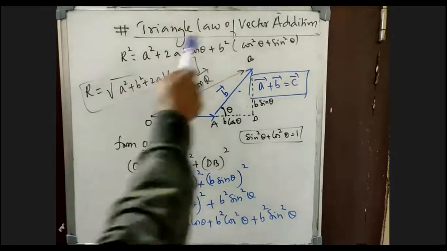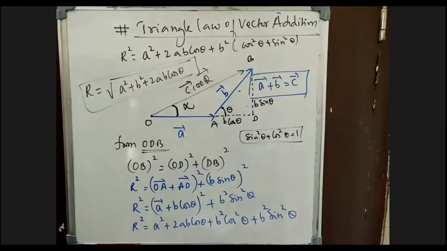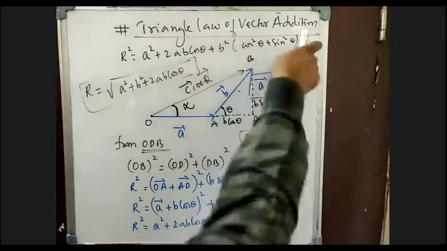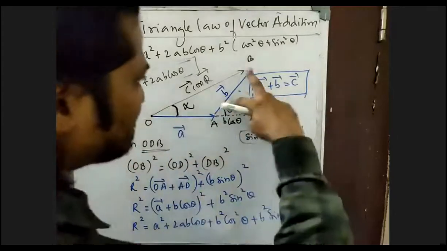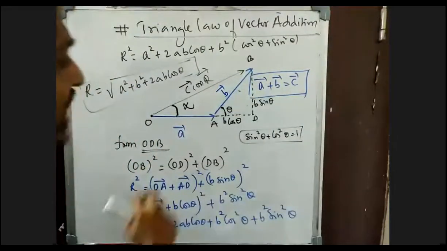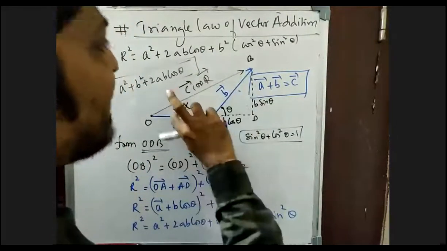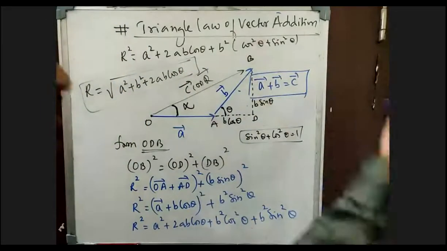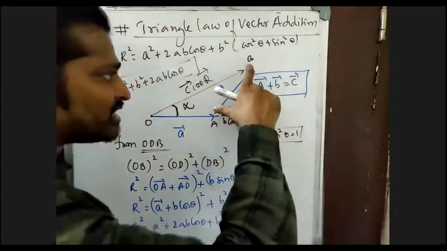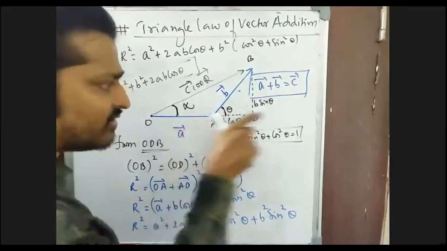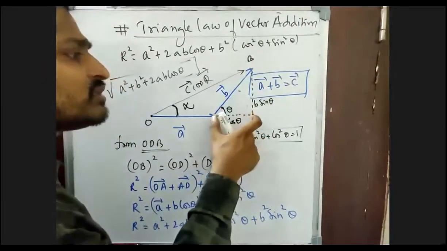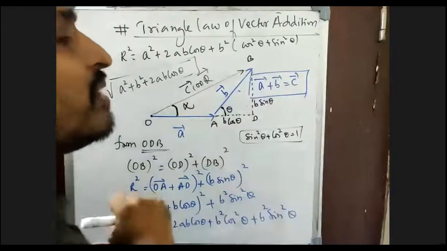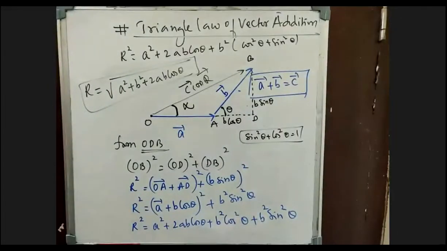So what is the definition of the triangle law of vector addition, beta? I'm repeating it once again. See, the triangle law of vector addition says that if two vectors are taken along the two sides of a triangle, then the closing side of the triangle taken in the reverse order will give me the resultant, that is nothing but R bar. Now from the resolution of a vector, we know that this B bar is making an angle theta with the first vector A bar. So if I resolve it, this will become for me B cos theta and this will become for me B sin theta. Isn't it?